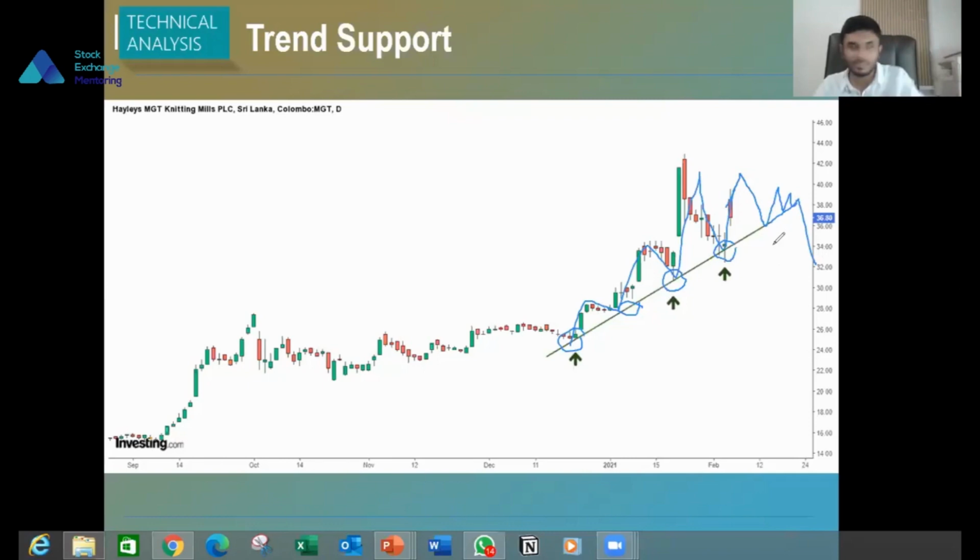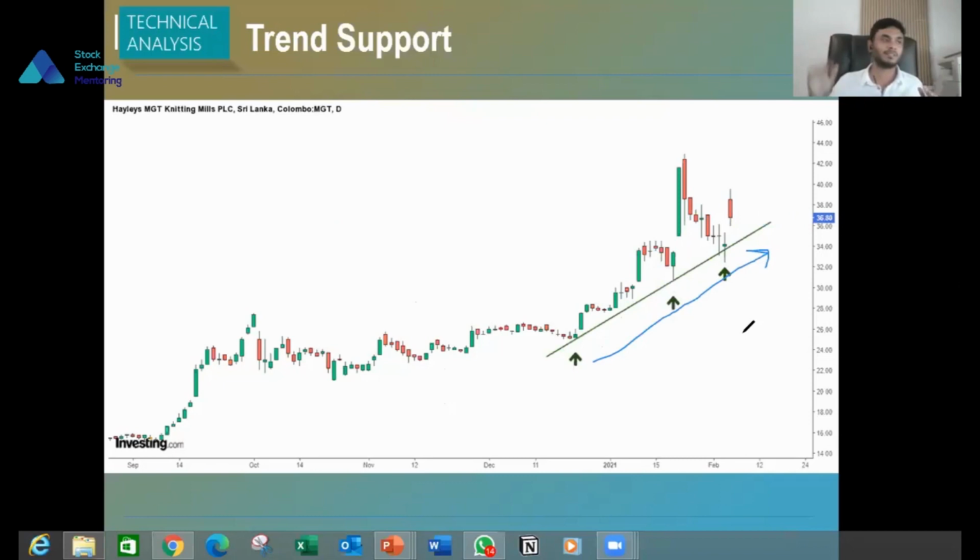If these trend supports are breached, then we can assume this trend has not continued. Maybe the stock will continue downward, or maybe move into a range, a kind of flat direction after breaking out, or maybe it can go further down. So these kinds of market directions can happen. But until that happens, while it remains above this trend support, this is a confirmation for us. The stock is maintaining this trend support and it's heading in the upward direction.